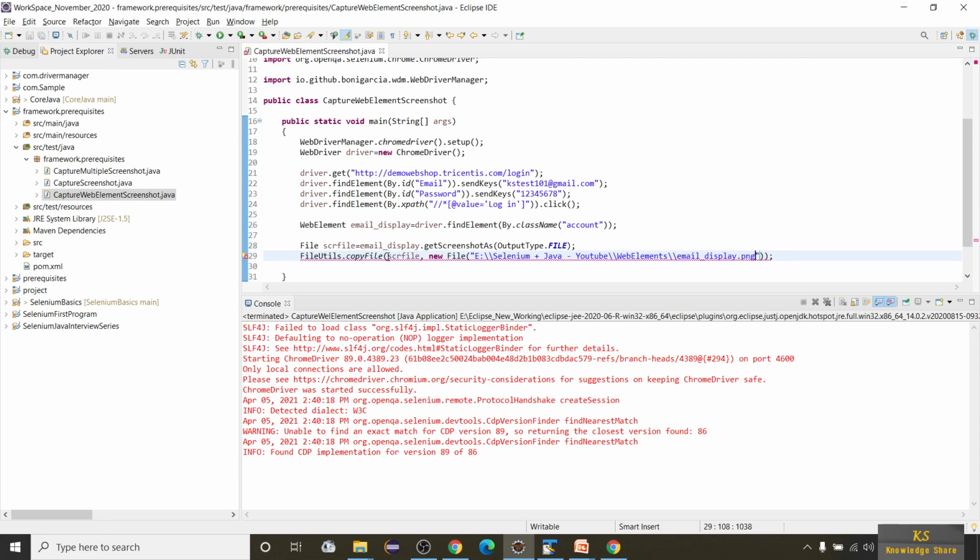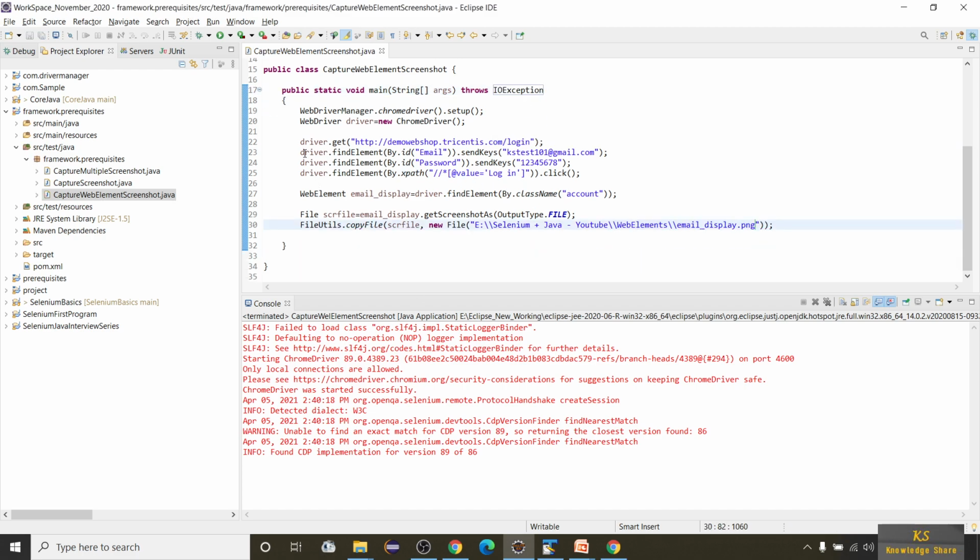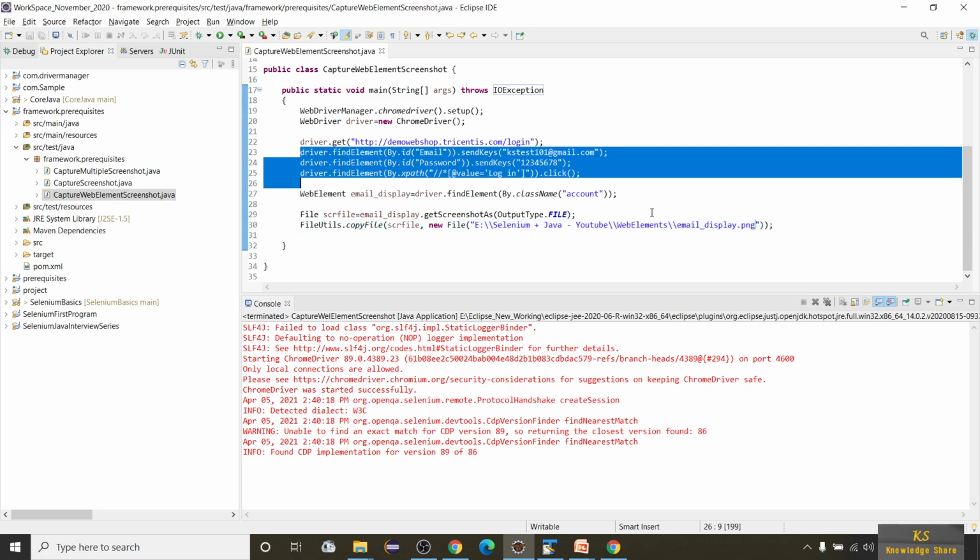So let us add the throws declaration for the exception. Now we are done. So we have written all the steps that are required to capture the screenshot.